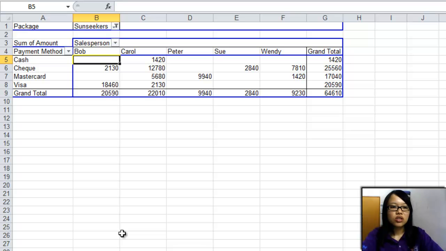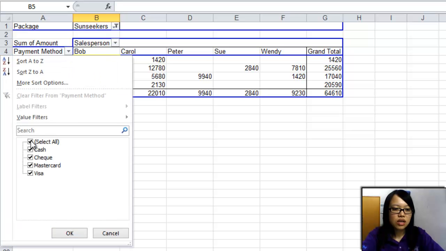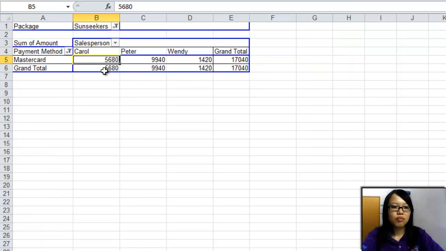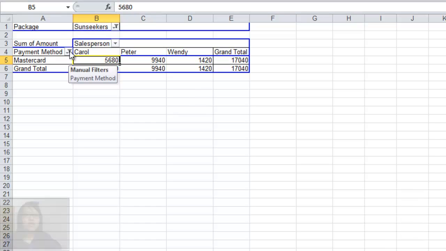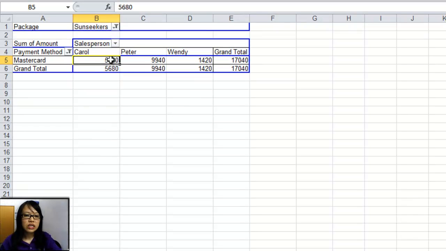We can also filter for the payment method and sales version that we want to see. For example, if we want only the Mastercard payment method, we can click the drop down list, select All, and just select the Mastercard, then click OK, and the data will summarize for the payment method through Mastercard. Since this value should be in a dollar unit, now we have to change the setting